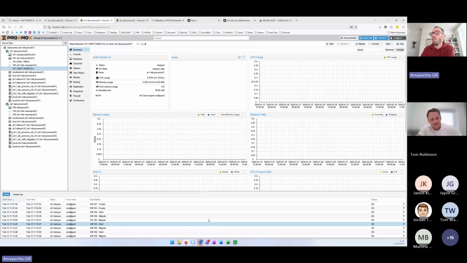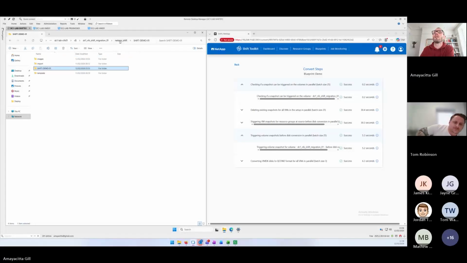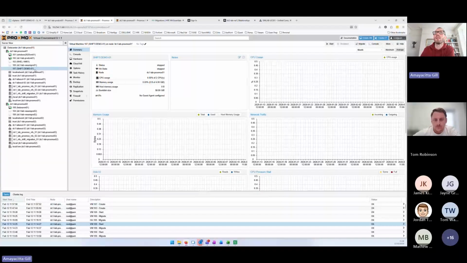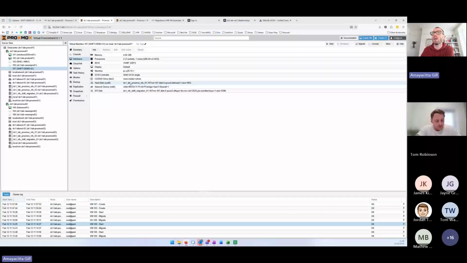Shift demo 1. If I went back to here, where did I create it? Shift demo 1, images 107. So that I'm doing it in. I can do that in SSH, but I happen to be doing it over SIFT. This guy's 107, so that actually is the disk image. In hardware, the disk image I care about is called,